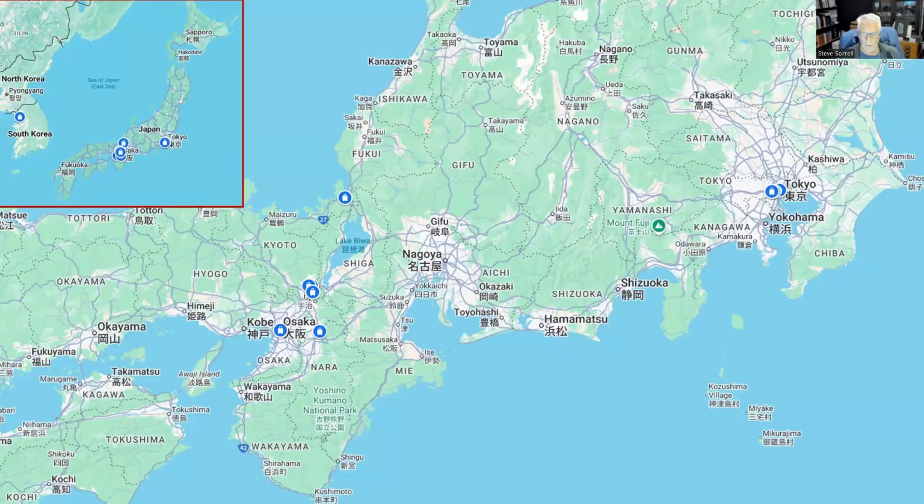Now, this is a close-up of the map of Japan. Let's get that out of the way. Okay, so we flew into Tokyo. We spent 5 nights in Tokyo, where we had a look at lots of different things. One of the days we actually did a day trip on a bus down to Mount Fuji, which is here, and returned. And then after Tokyo, we took